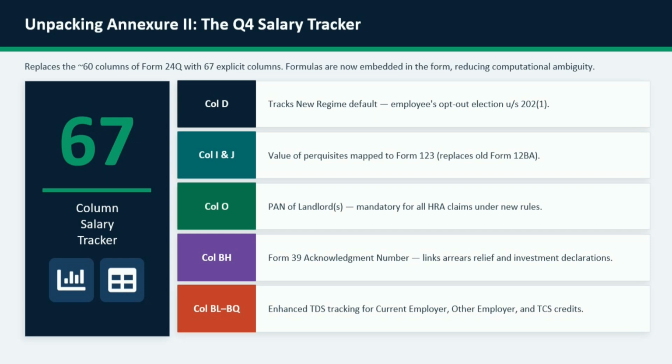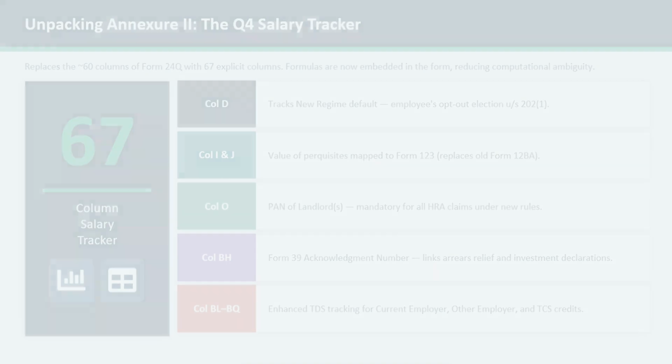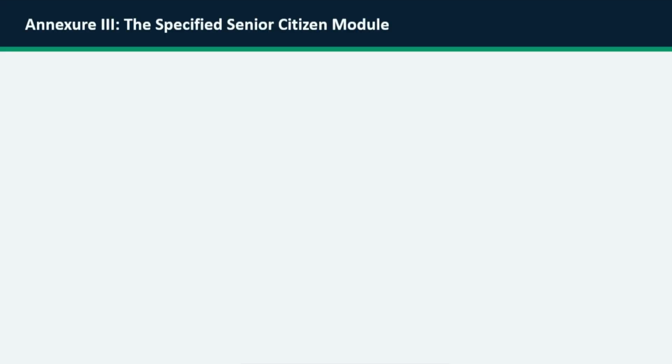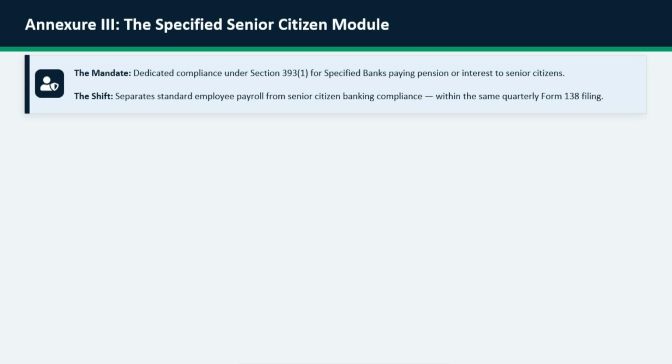traceable compliance system. Annexure III introduces a specialized compliance framework dedicated to specified senior citizens under Section 393(1). The purpose of this module is to enable banks to manage pension and interest-related tax compliance separately, while still remaining within the broader Form 138 reporting structure. This marks an important shift in the new regime, where standard employee payroll compliance and senior citizen banking compliance are